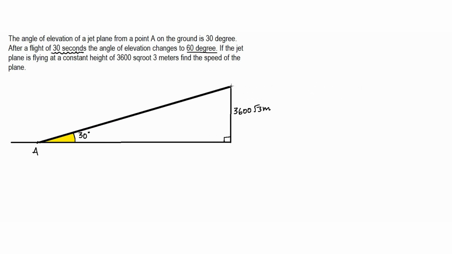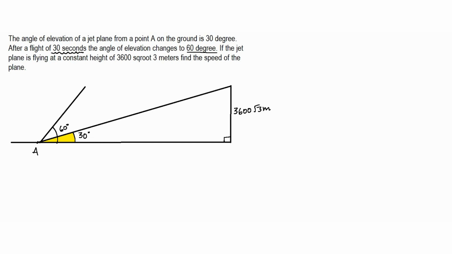So assume that the plane is right over here, and if it is moving away from you, you will notice that the angle of elevation is decreasing. Whereas if the plane moves towards you, you will notice that the angle of elevation is increasing. That means the plane is moving towards the left,